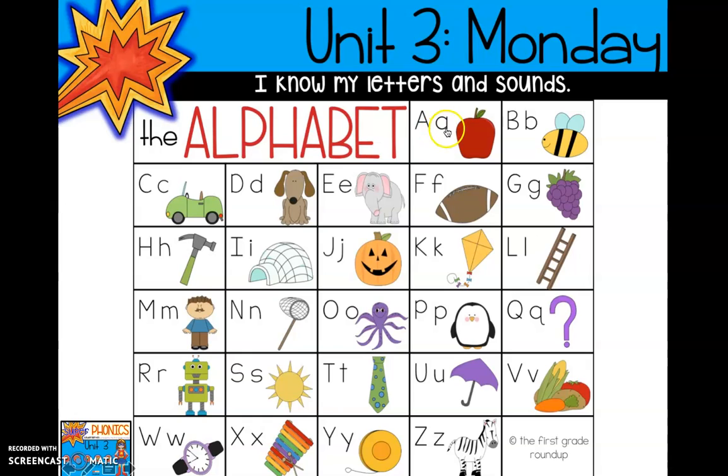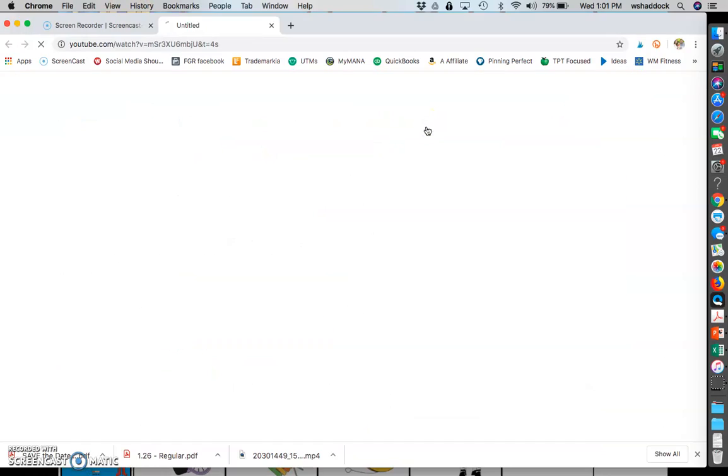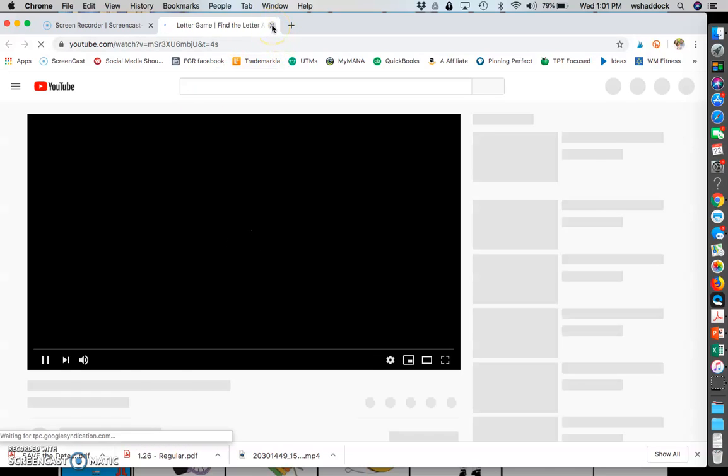Now we're doing our letters and sounds. Each of these clicks to a video that will introduce the letters, so you can read the alphabet chart however you're accustomed to reading it. We read it like this: A, apple. Okay, and then whenever you've gone through all of those, you can click on the letter that you're doing that day, and it will take you to a YouTube video that has